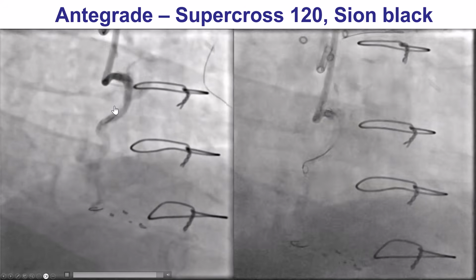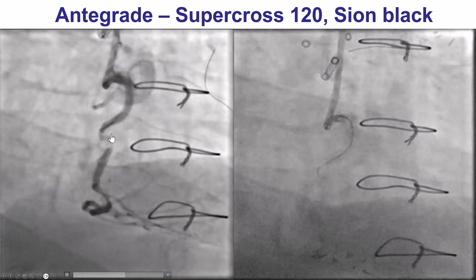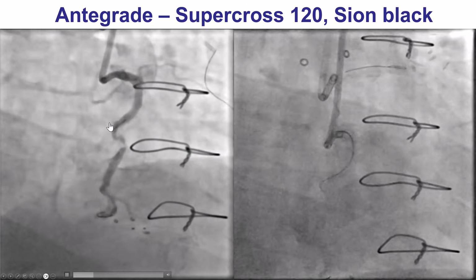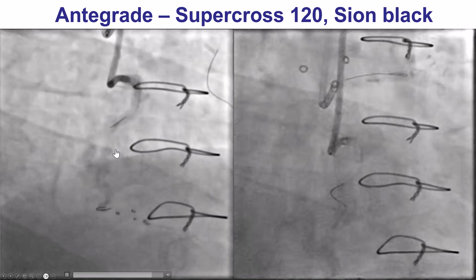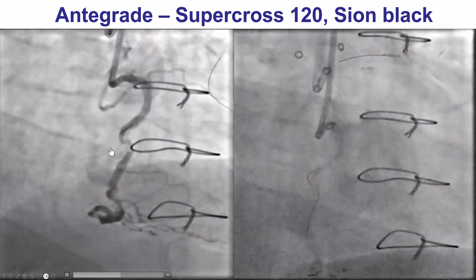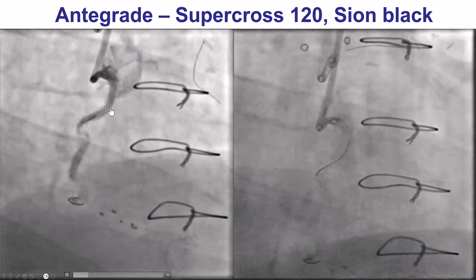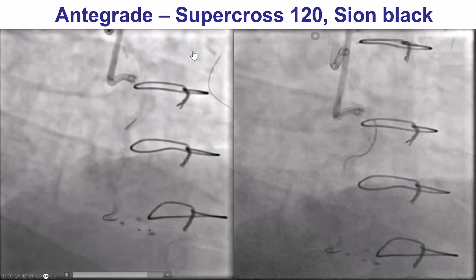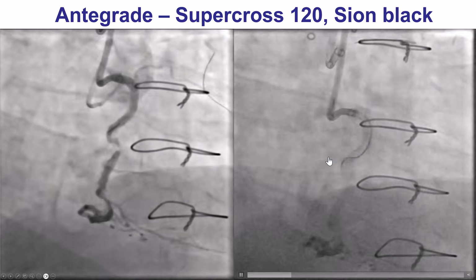Then we changed the view on the right coronary artery. This is the aerial view, and we see that the vessel is almost like an S. So the question is, how can we make this significant bend? And our plan was to use an angulated microcatheter. So we took a SuperCross 120,